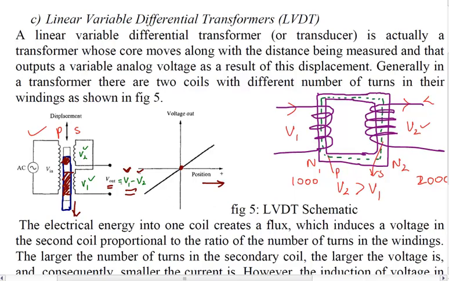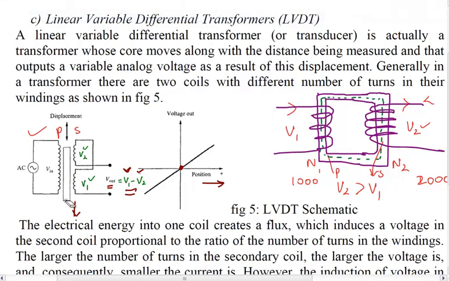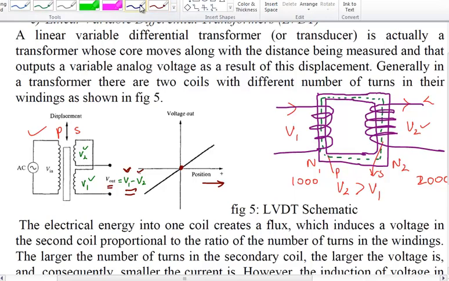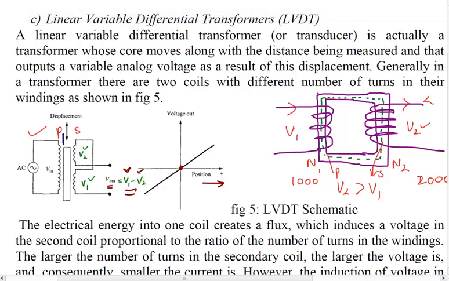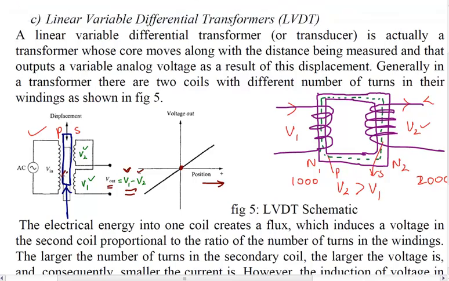And when we have the rod moving in the other direction, let me draw that. Suppose the rod is moving in the other direction, what will happen? So here the rod has now moved in the opposite direction like this, okay. And now the area or the volume of the core for this one is this much and for here it is going to be this much.